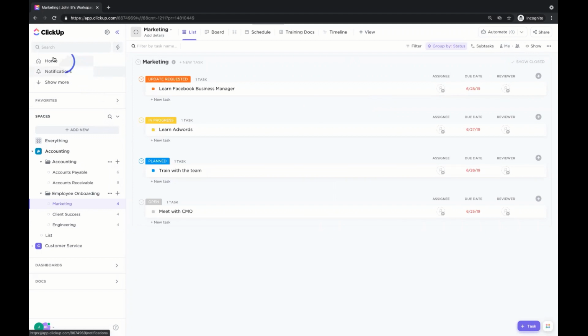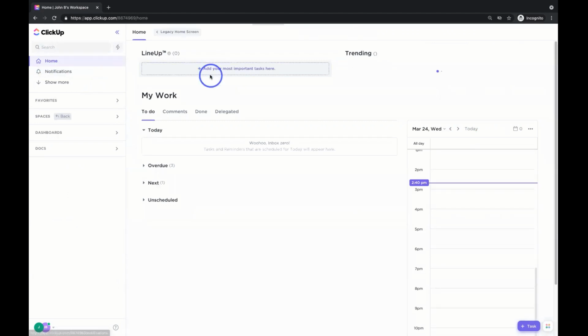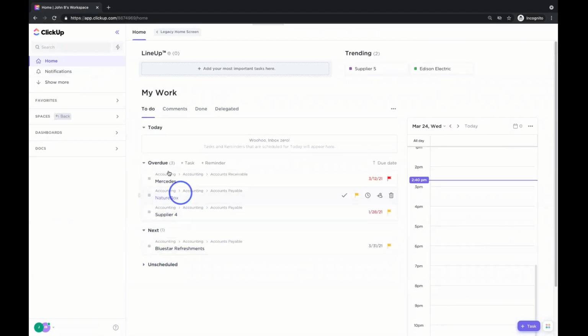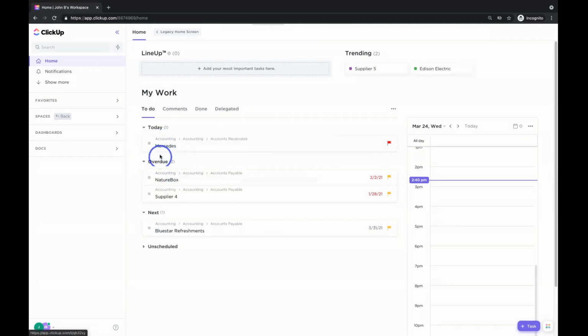Every day you log in, come here to this home tab. See this home area? Once you click it, I love the home area because it shows you the tasks that are assigned to you. And notice it's showing me stuff that's overdue, up next, unscheduled, etc. I can take tasks that are overdue and I can move them into due today. See that? Just click and drag them up.